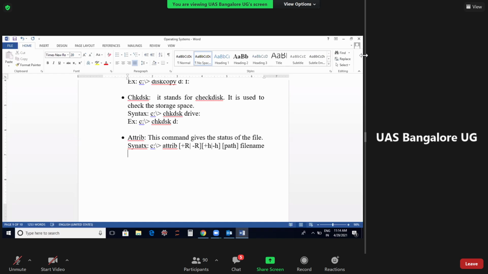So the example will be attrib -r /s /d F:\*.*.